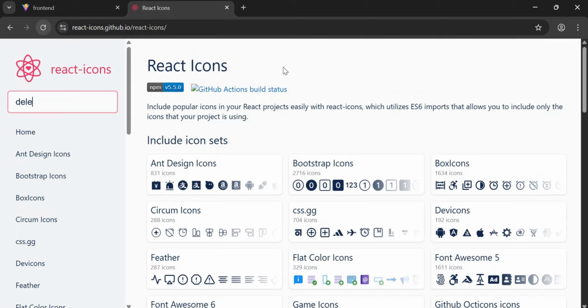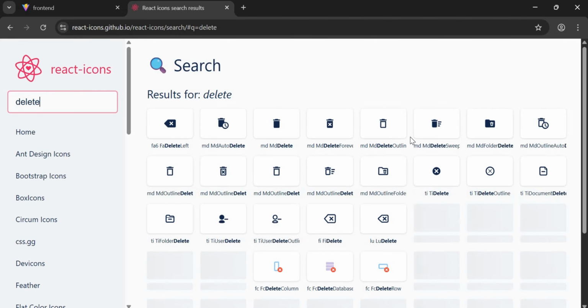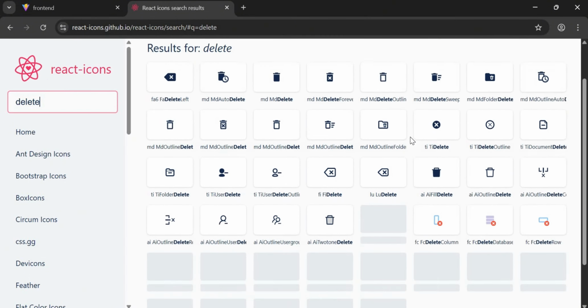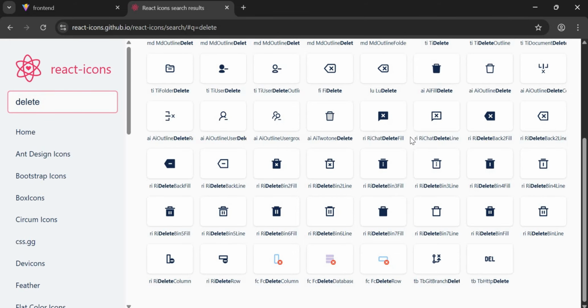It should come up normally. So let me refresh. With us, let me pause and sort this network. Okay, delete, you can see that it's coming up now. So you can choose whichever icon you want to use from the list of icons you're going to get. You can just pick any icon that matches with your aesthetic or that matches with what you like,